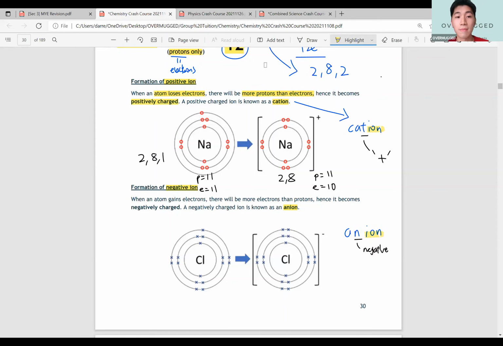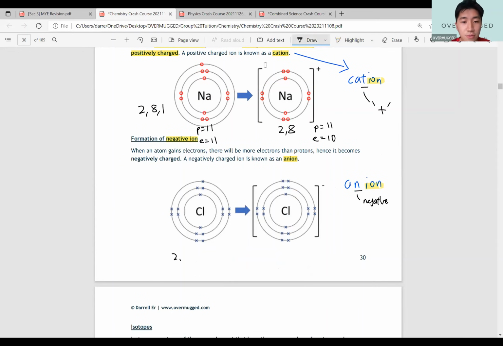Okay, so the logic here is simple. 2, 8, 1, I don't want that. I want to be stable. So I want to become 2, 8. In the process, I'll give away an electron. That makes me have more protons than electrons. I'll be positively charged. Meanwhile, for chlorine